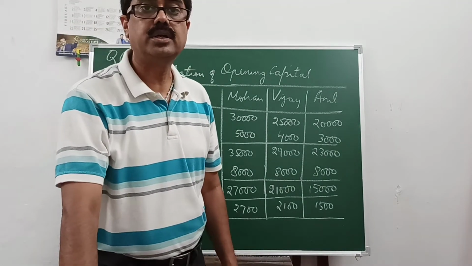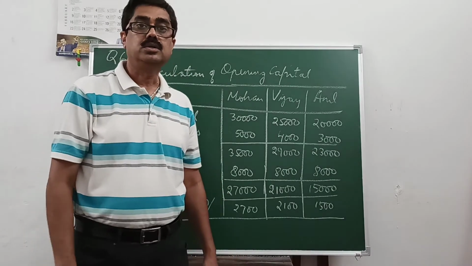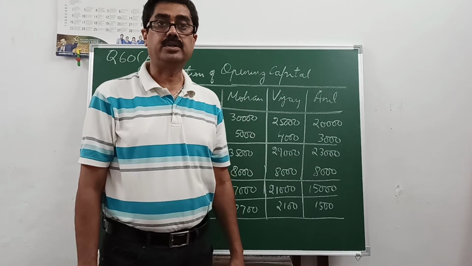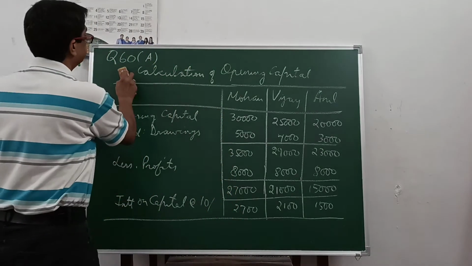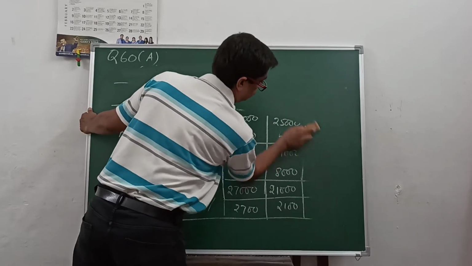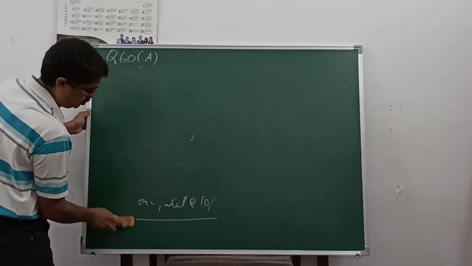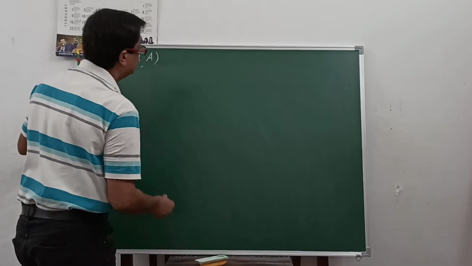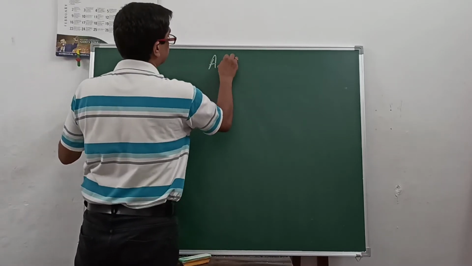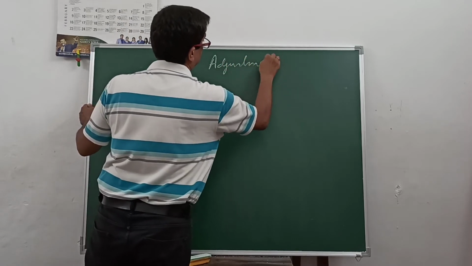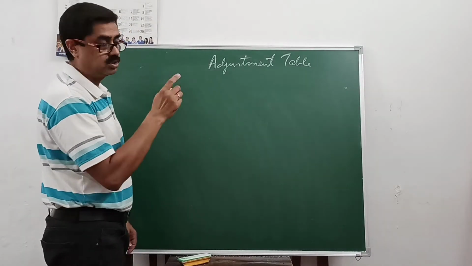Now they have asked to pass a single journal entry because interest on capital and interest on drawings was not recorded, not credited or debited in the capital account. So we'll make an adjustment entry for that like this. This we have done before. The adjustment table has been prepared in an earlier question. You must have practiced at home also. In the center, write adjustment table. There are 3 partners, so you will make 3 columns for partners plus a total column.